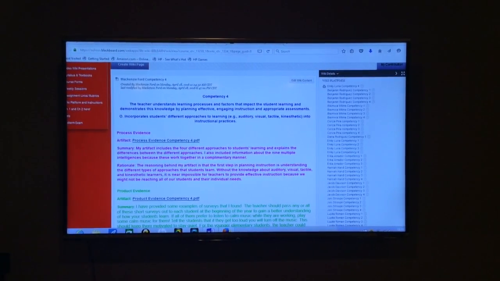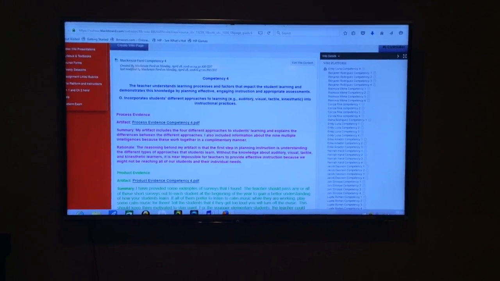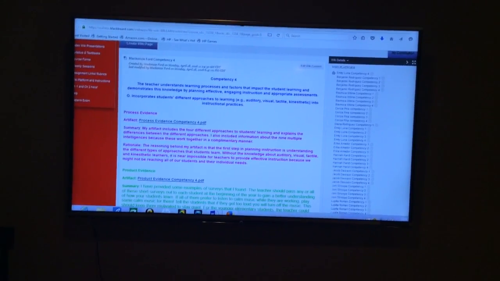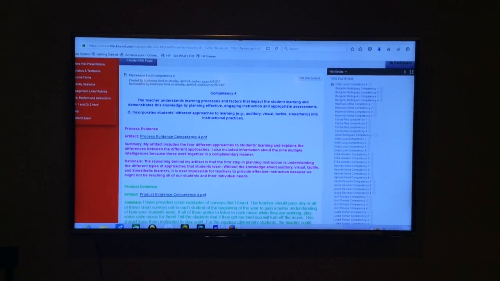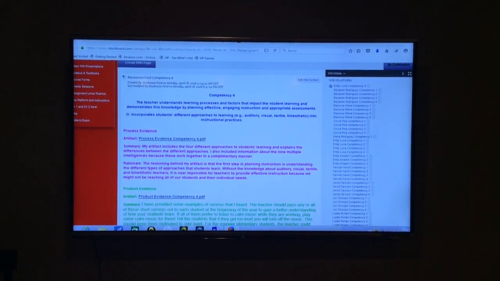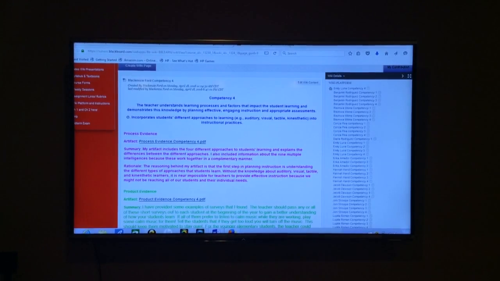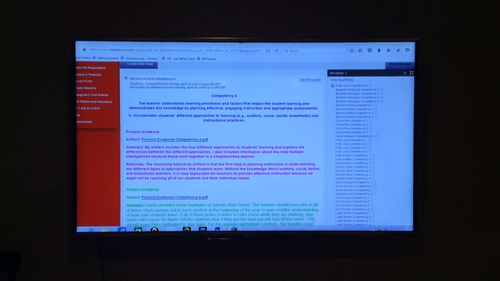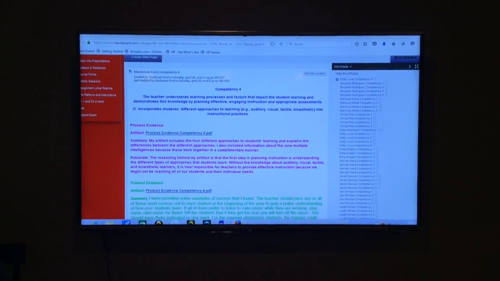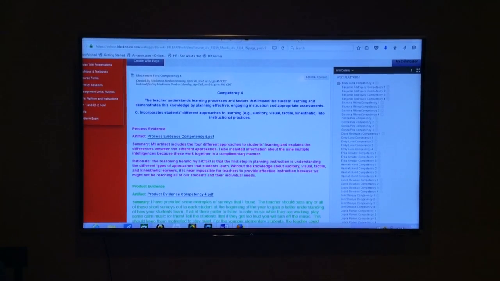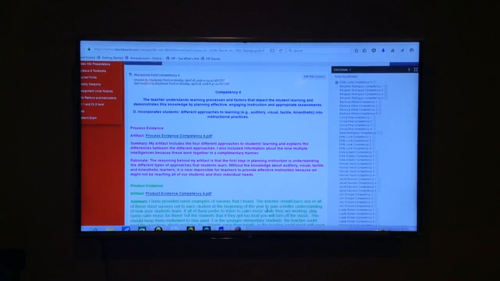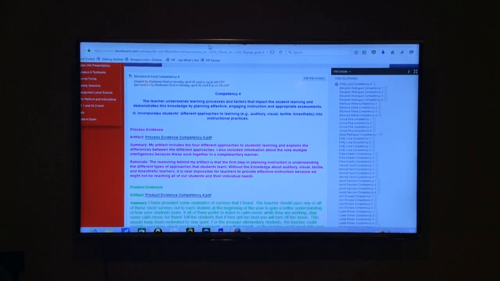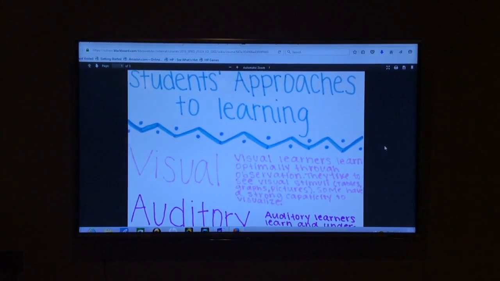Competency 4. The teacher understands learning processes and factors that impact student learning and demonstrates this knowledge by planning effective, engaging instruction and appropriate assessments. The beginning teacher incorporates students' different approaches to learning, for example, auditory, visual, tactile, kinesthetic, and instructional practices. So for process evidence, I created another